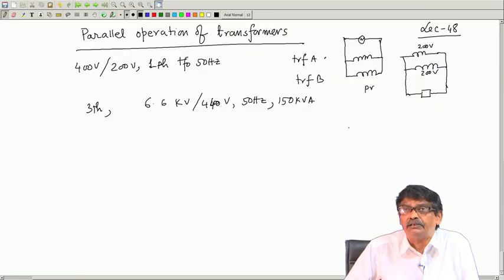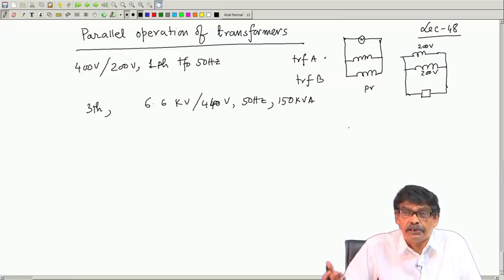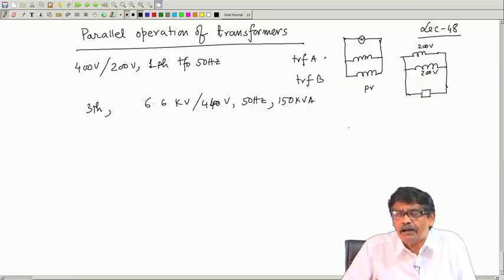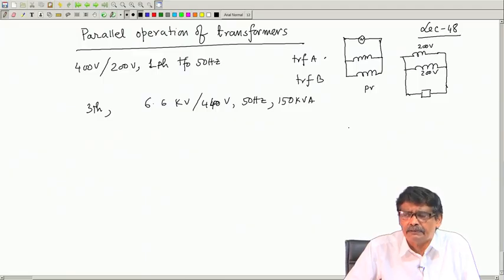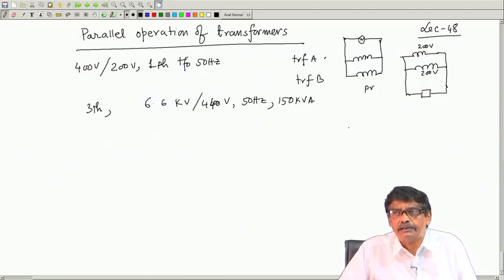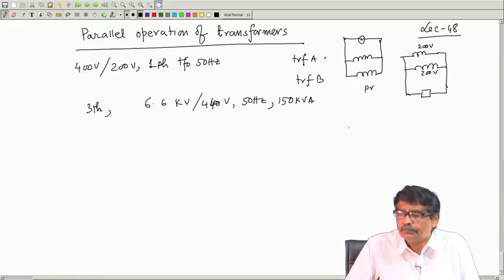For example, take a village that is gradually growing, where industries may come up, or a big residential complex. So, demand will go on increasing, and it is therefore needed to connect the transformers in parallel. The advantage of connecting the transformers in parallel is